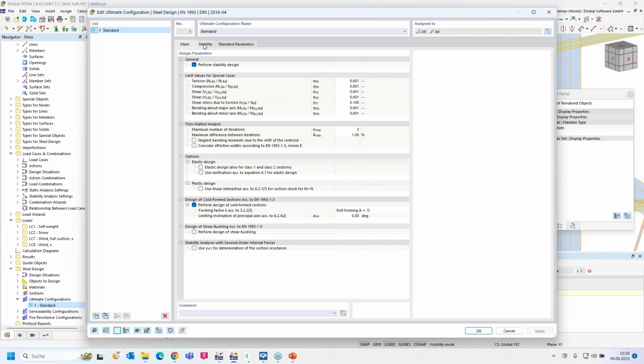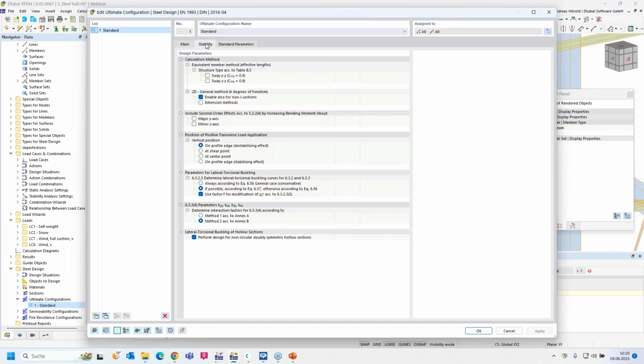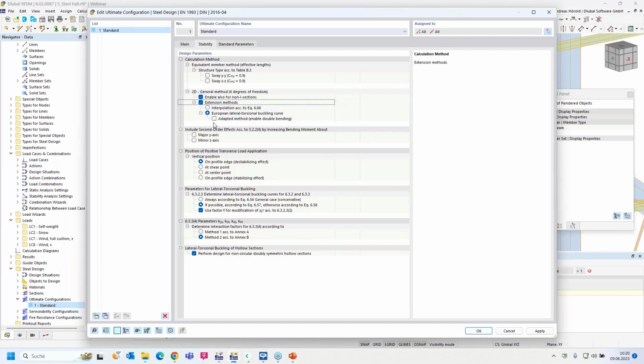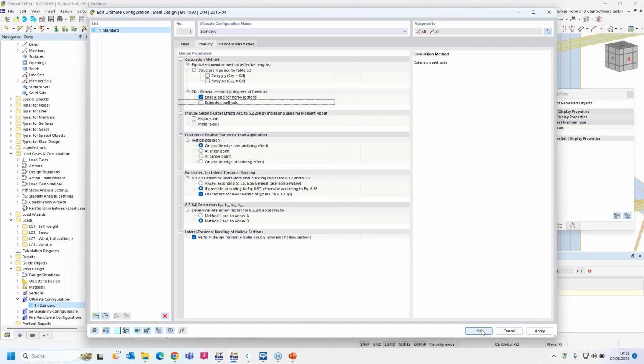So another possibility is under the stability, in the stability table, you can check the extension methods and then the adapted method. And this enables double bending. So those are two possibilities. And another possibility is to,